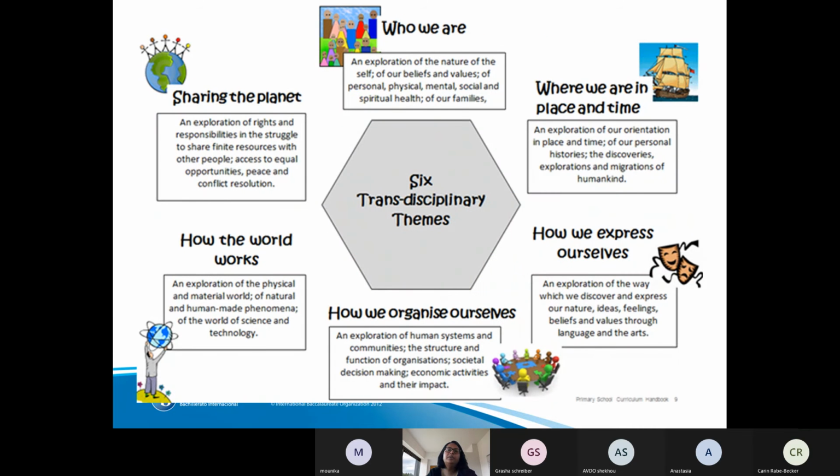We have 6 transdisciplinary themes. We always start with who we are, but not necessarily all the time. This year we have started with who we are, and the unit is all about beliefs. This week the homework is going to be interviewing the parents about their beliefs, and students are showing a lot of interest, actually coming up with different beliefs that they have. And then we will move on to where we are in place and time,